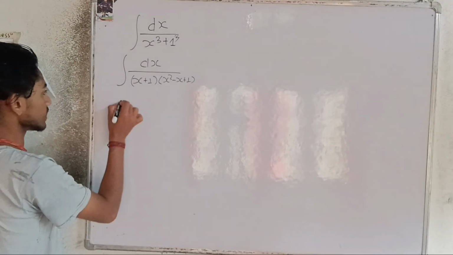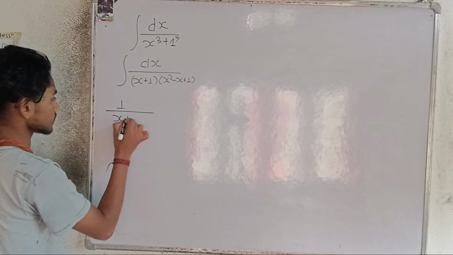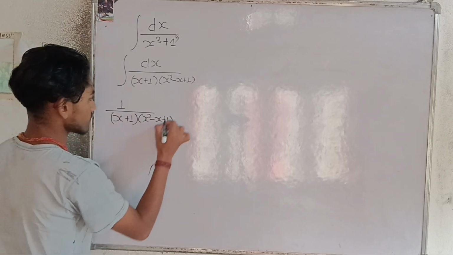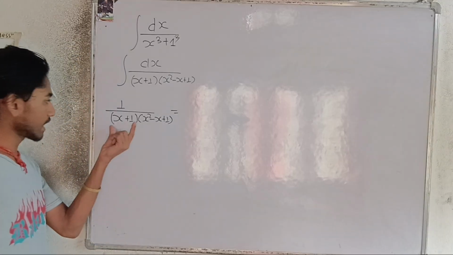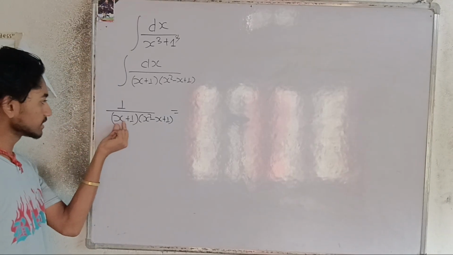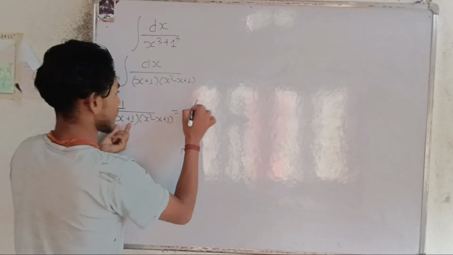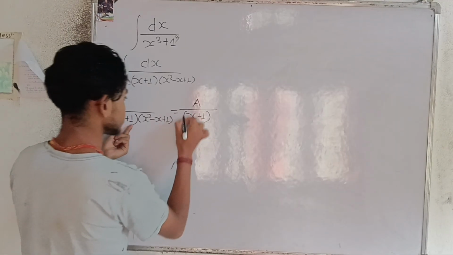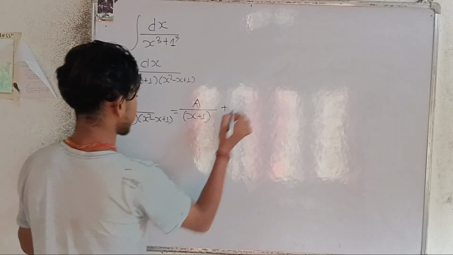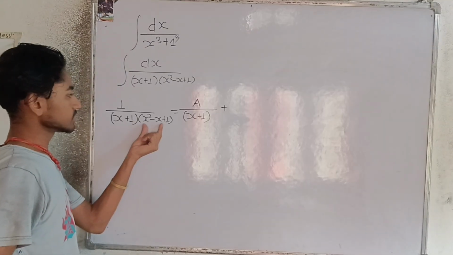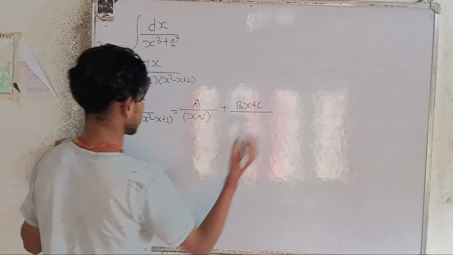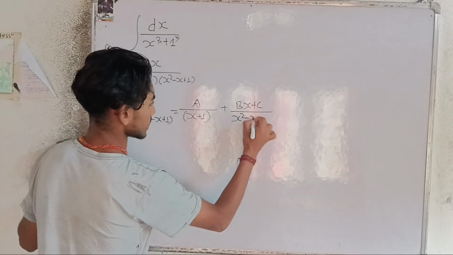So I'm going to write 1 over x plus 1 times x square minus x plus 1 as follows. Here we have x plus 1, and if you differentiate it you get some constant. So I'm going to write the constant as a over x plus 1. Okay, and here, if you differentiate it you get something, bx plus c over x square minus x